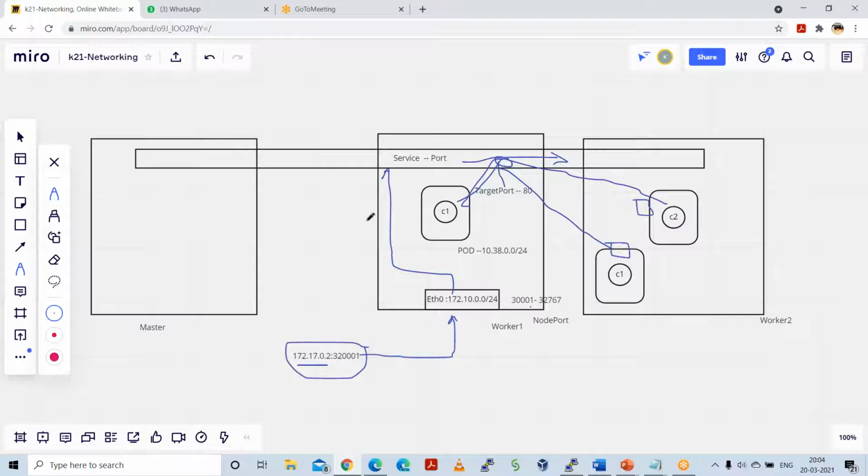The service type which I am explaining you right now is a node port service. I hope that this is clear to all of you. Now I want to show you practically how this is to be done, how you can access it from the outside so that the clarity will come. Then I will show you how to create the load balancer. Then I will show you how to create the